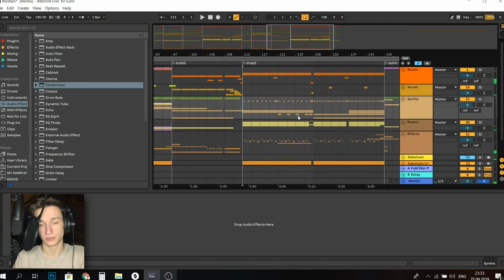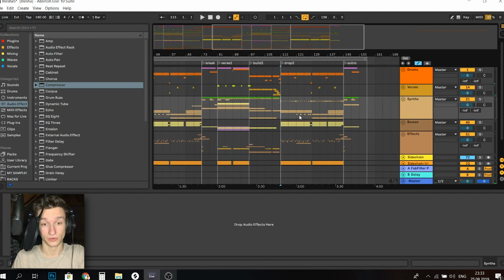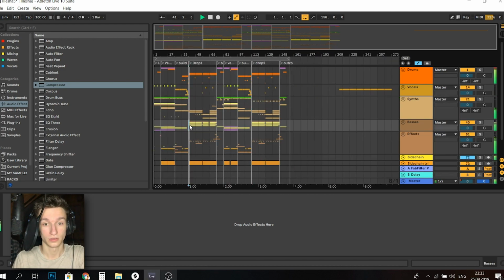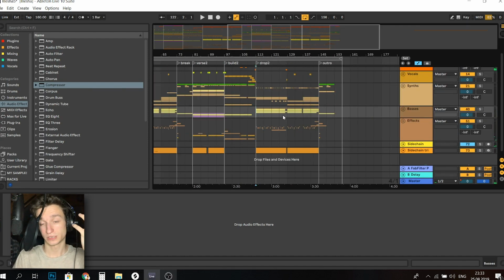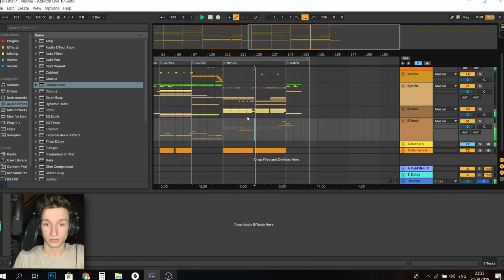Also, the second drop, as you can hear, is different. It has a different rhythm. Instead of going so long note, it goes like shorter bass notes. So again, the same thing repeats, just a different bass pattern. And again,